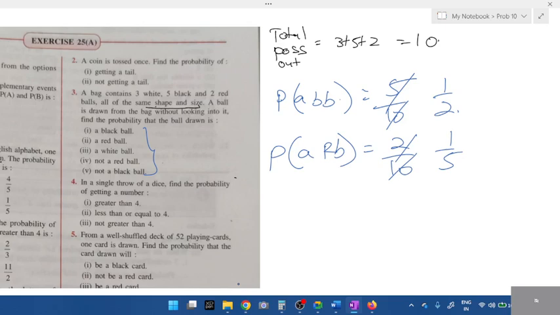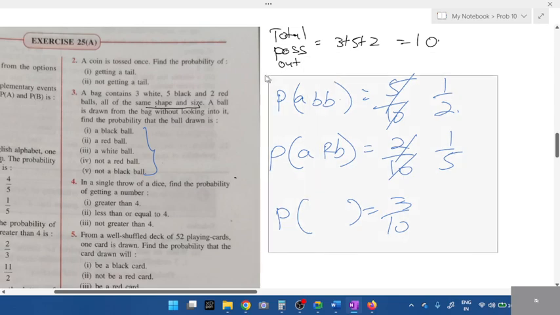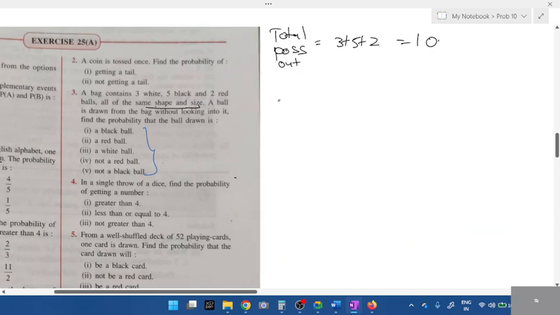Okay, what's the answer? Why is nobody responding? Completed? What do you get for a white ball, students? 3 by 10. Till these three are easy. It was a simple question. Next,